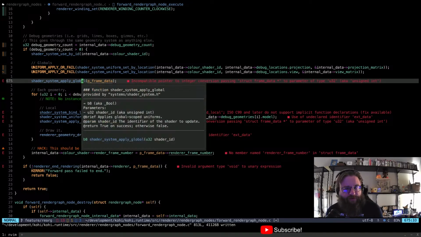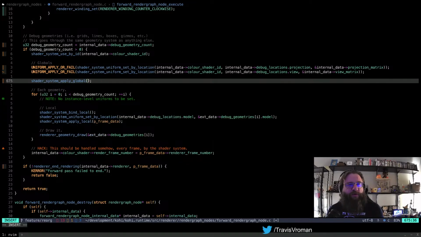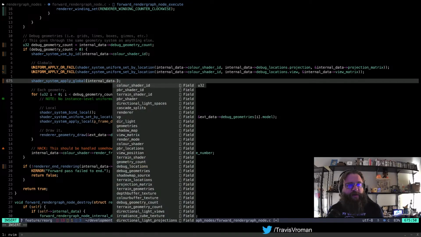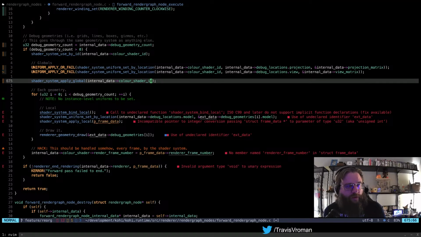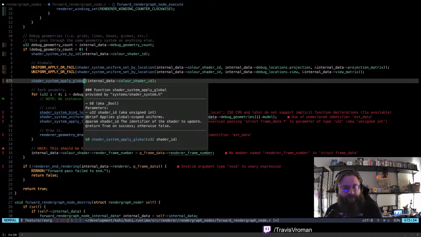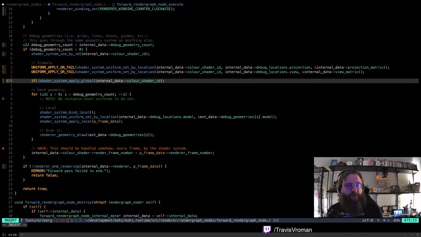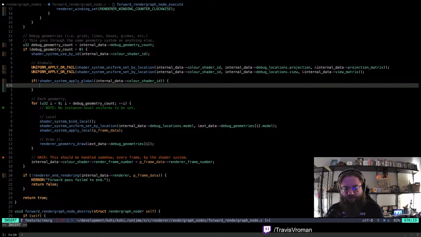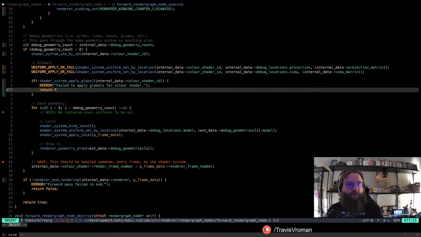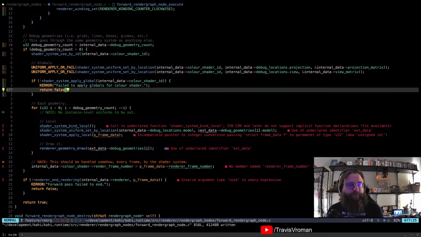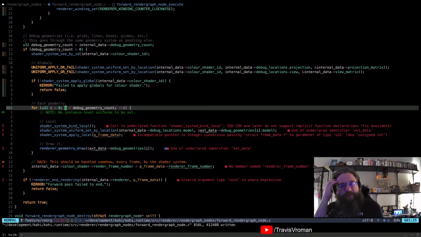And I think this just requires a shader ID now. So it's going to be internal data color shader ID. And then I believe this returns a Boolean. Yes. So we can say if that fails, failed to apply globals for color shader, return false, right?